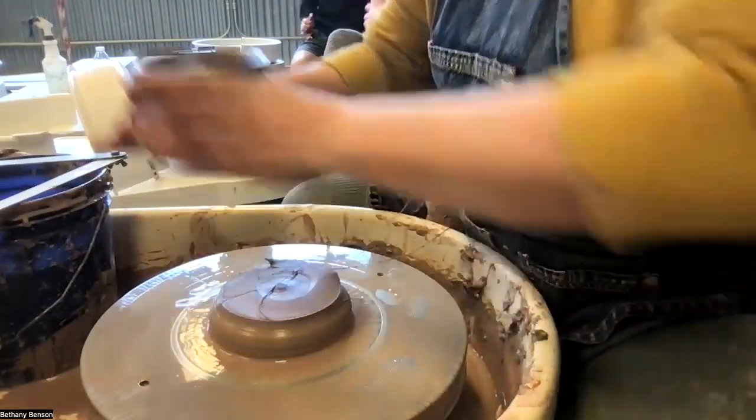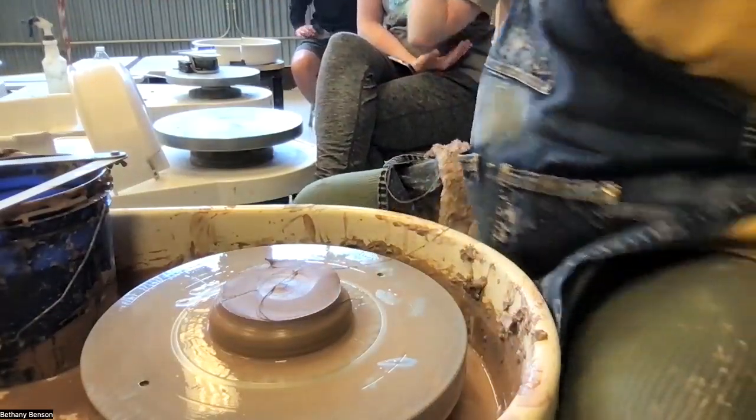Anyway. So, right, I have to clean that up. That's gonna look like garbage if I try to attach that. So I have to